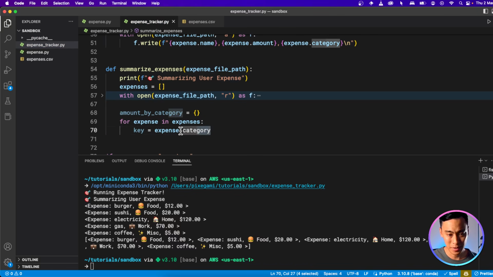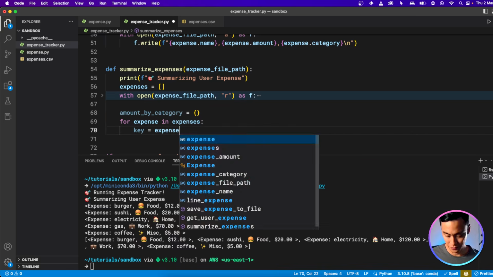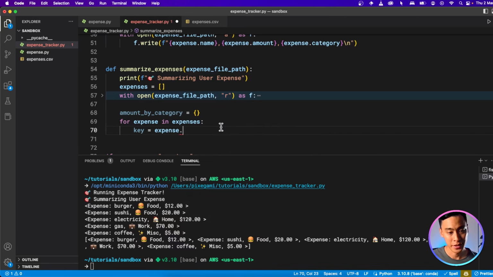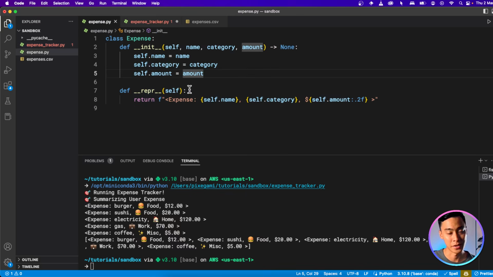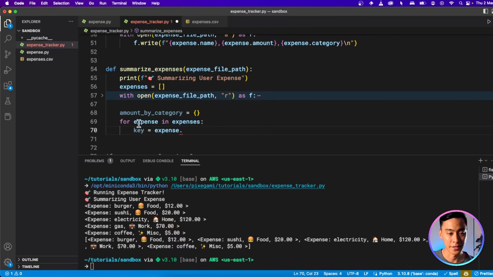And you can see here my type hint is gone again. So if I press that, I don't get my hints anymore. That's because Python hasn't figured out that this expense is actually one of these expense class objects. And it can't do that, or I don't think we can do this here like this. Like, it's not happy with that. But it can figure it out if we tell Python what this thing is, because we declare that here. So I could do something like this, but this won't work because this is saying that this is one expense, but actually it's a list of expenses.